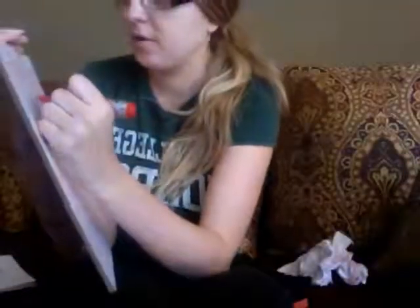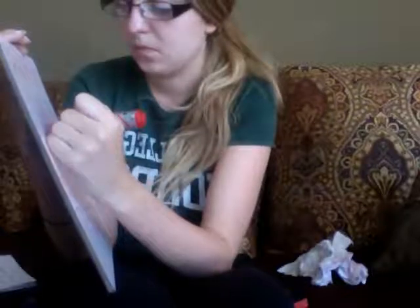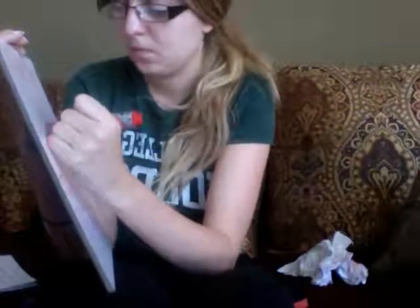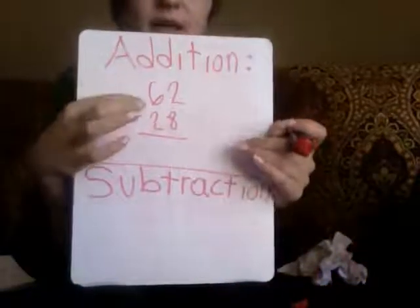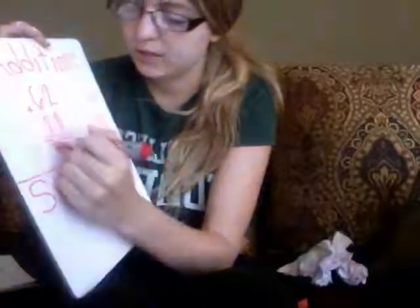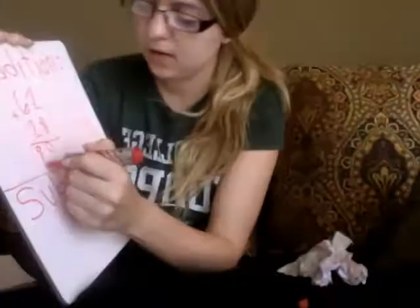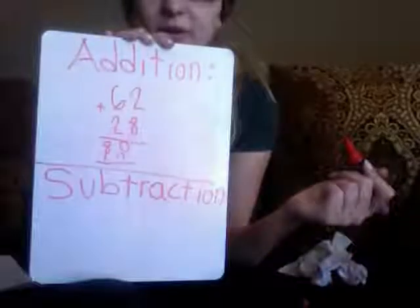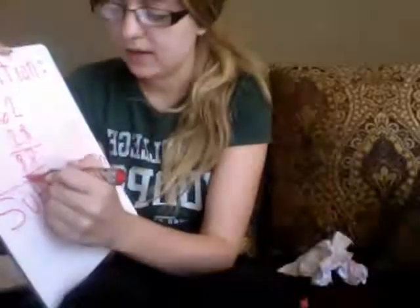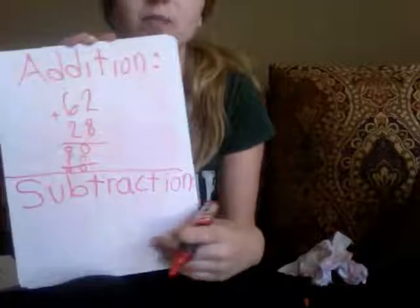So if I have 62 plus 28, I add the tens, so 60 plus 20 equals 80, and then I add the ones, 2 plus 8 equals 10, and then I add them together, 80 plus 10 equals 90. Okay, so partial sums for addition. For subtraction, okay, if I have